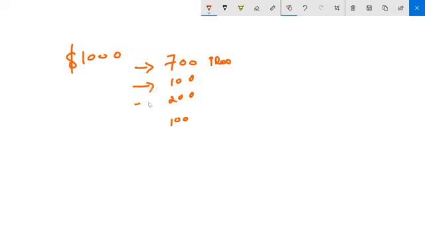See, I'm getting $1,000 from a customer. Okay, out of the $1,000, 700 is price, and 100 I have given as a discount, and again I charged 200 as a surcharge, and I charged again $100 as a tax.